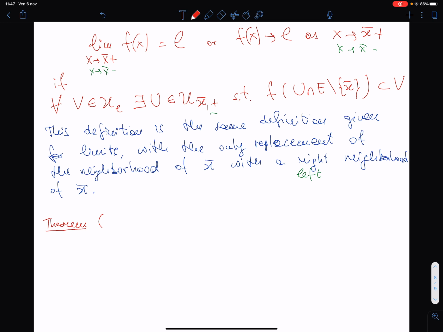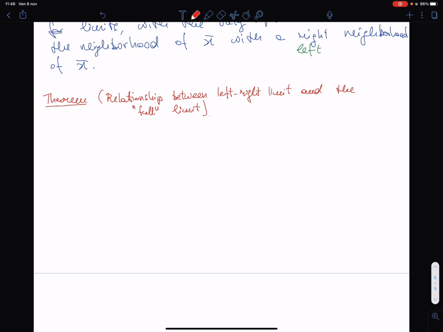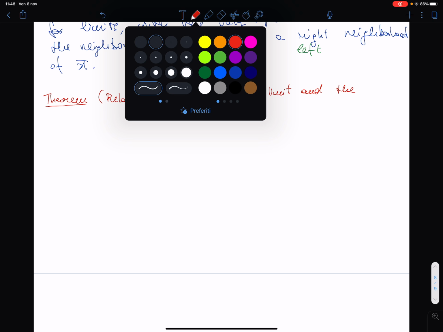name of this theorem, if you want to give it a name, is the relationship between left and right limit and the full limit. Relationship is very simple, but however, in stating the hypothesis of the theorem, we must be somewhat careful. And